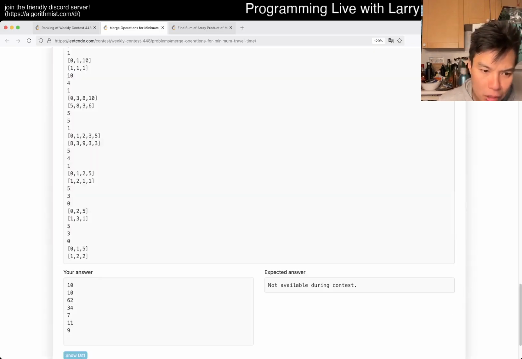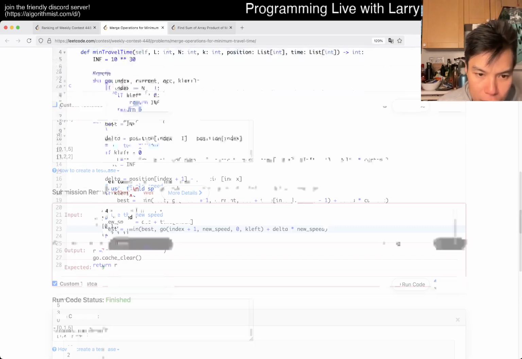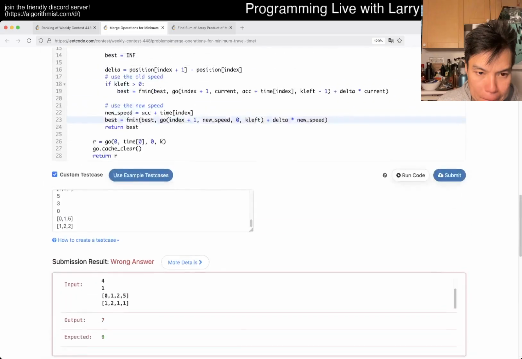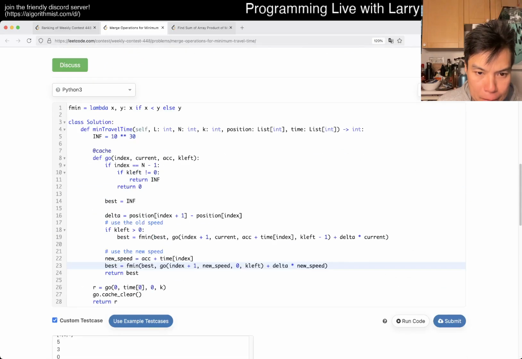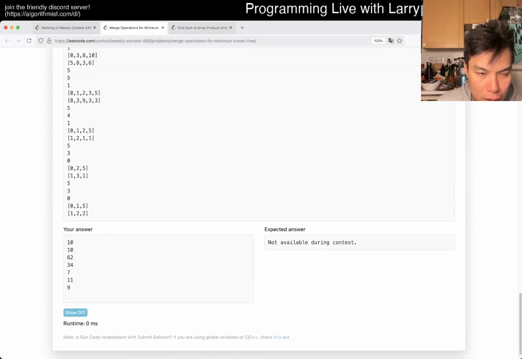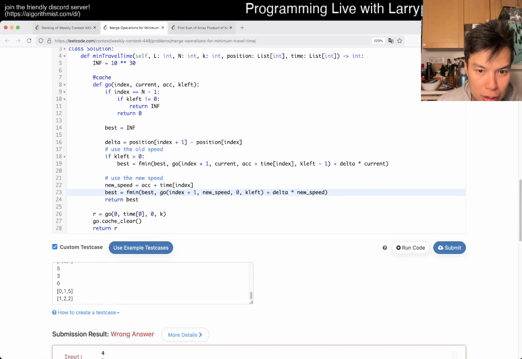Okay. We're close, but dumb on something. What am I doing? What am I dumb on? So, okay, now we're at 2. We go, okay, do we use the new speed? If we use the new speed,